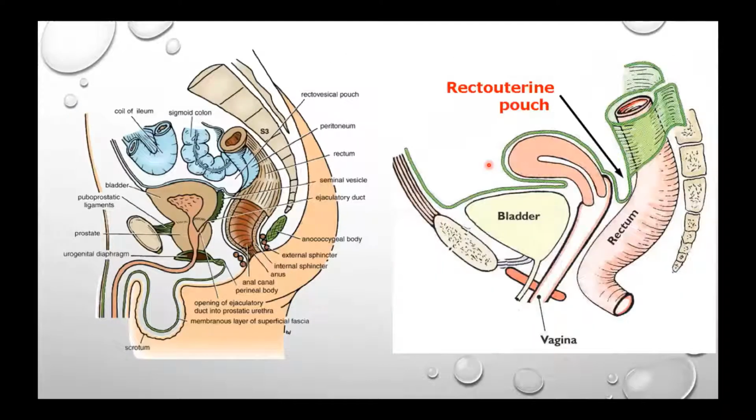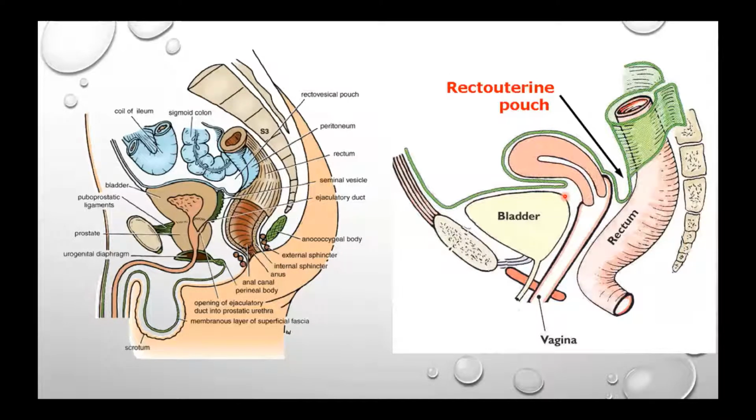So you can see in this picture here, the left one is the male pelvis and the right one is the female pelvis. You can see the whole superior surface of the urinary bladder is covered by peritoneum, and also a part of the upper part of the posterior surface is related with the peritoneum here. Whereas in the female urinary bladder, only the superior surface is covered, and even that, a small portion near its posterior end is not covered with the peritoneum.